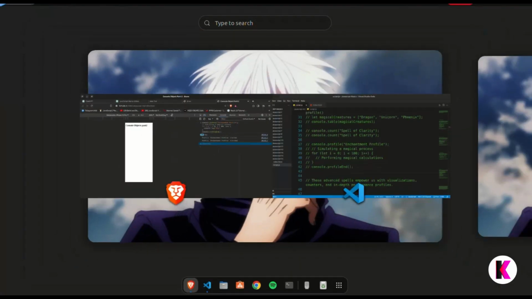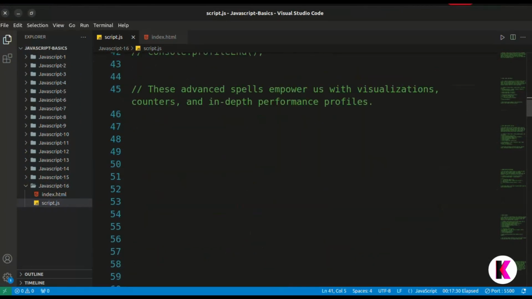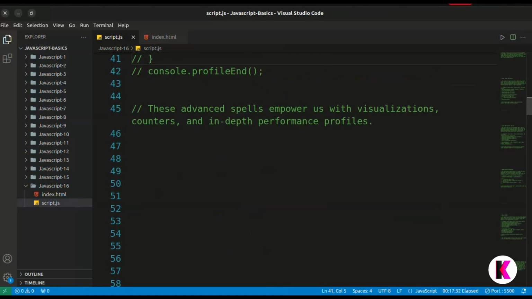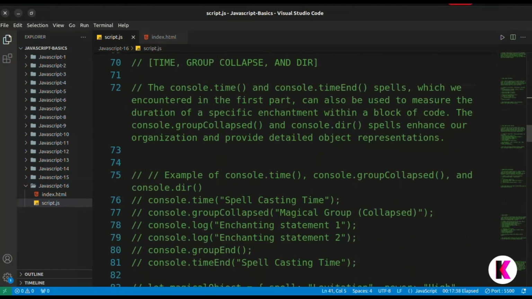Let's move to next. These advanced spells empower us with visualizations, counters and in-depth performance profiles. So next is time, group collapsed and dir, which means directory. The console.time and console.timeEnd spells, which we encountered in the first part, can we also use to measure the duration of a specific enchantment within a block of code?